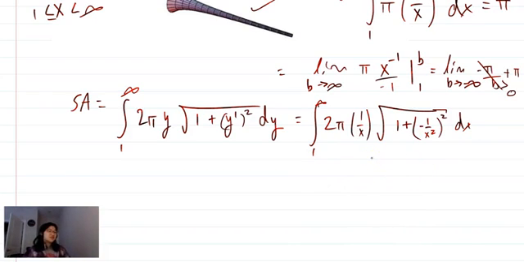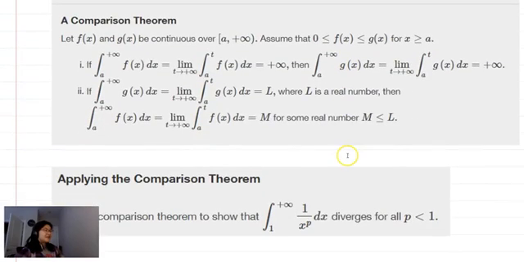Is there something that we can say, kind of like how we had the squeeze theorem? Is there some way that we can compare this to something that we know and see if this converges or diverges? And the answer is absolutely. So our comparison theorem